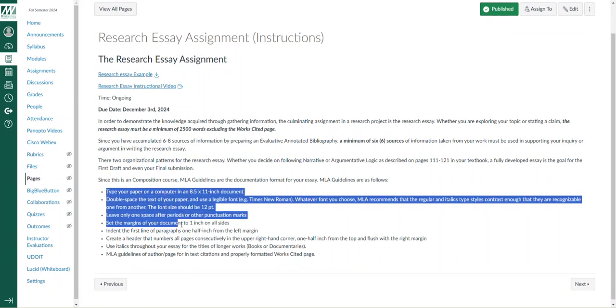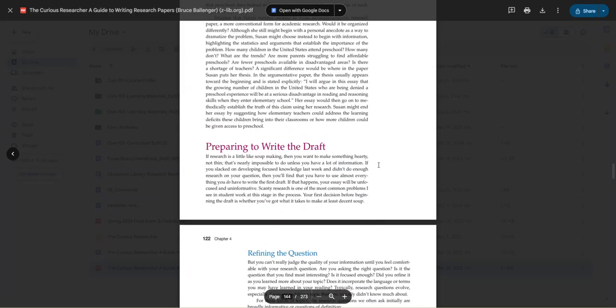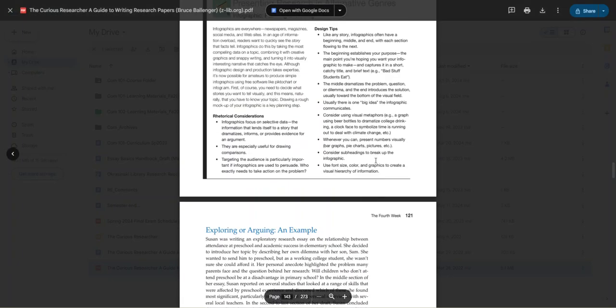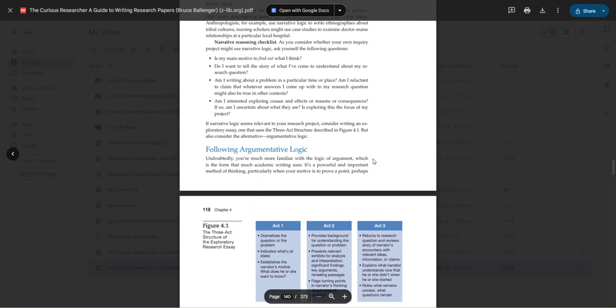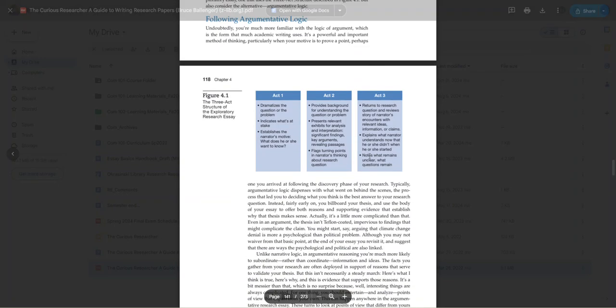Believe me when I say this is what I'm looking for in your particular document. That's why I have the resources there for how to format in MLA. So there are 2 organizational patterns: narrative or argumentative logic that Ballinger describes in the textbook. When we get to that, we have exploring or arguing as an example here. Read through the argumentative logic and narrative logic here,